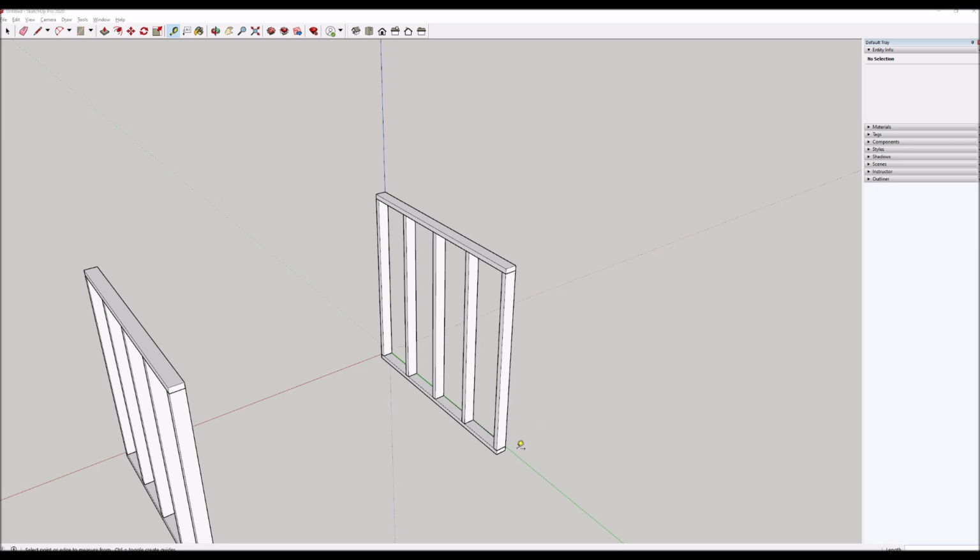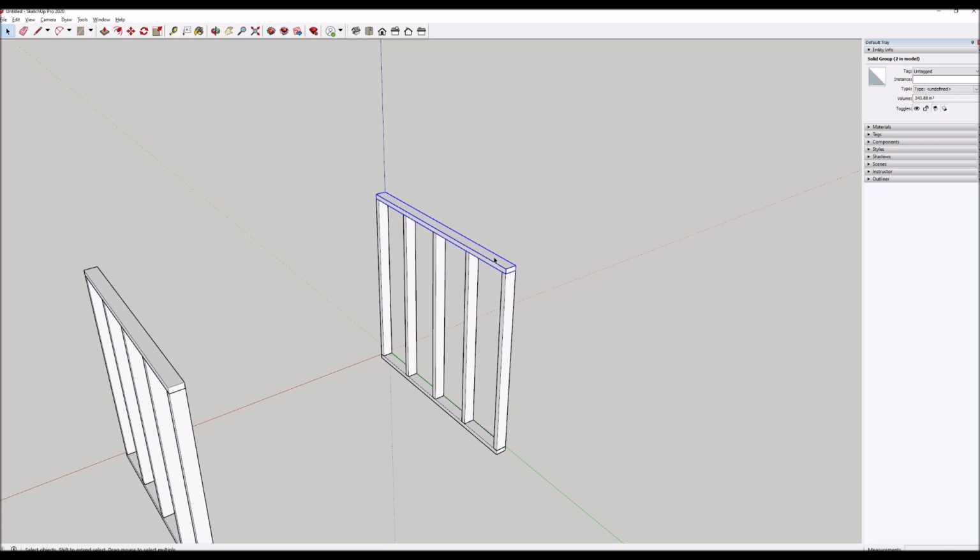D is the tape measure tool, distance, D for distance. I'm going to click on the bottom point, gives me a little tape measure there. I'm going to pull it up to the top point. I don't need to click. It tells me it's 5 foot 3, just in case you wanted to know. And what I'm going to do is I want to make this wall 2 feet higher. So I've just clicked